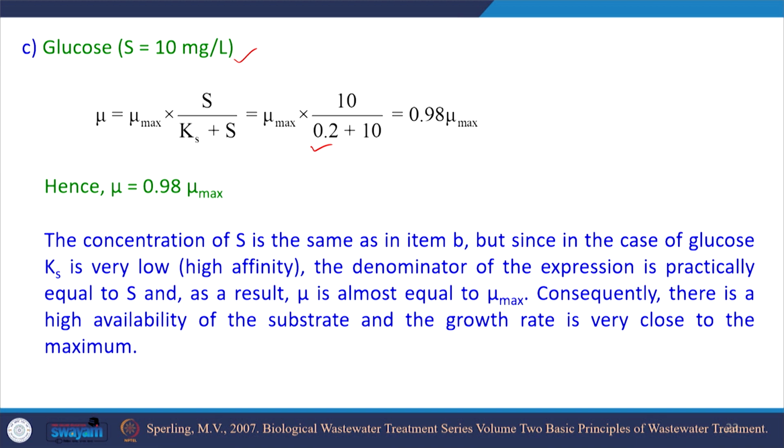Though the concentration of S is the same as in case B, in this case, for glucose, Ks is very low and the bacteria have very high affinity, so the denominator of the expression is practically equal to S itself, and nu is almost equal to nu max. Consequently, there is a high availability of substrate and the growth rate is very close to the maximum. So, today we have learned a little bit about growth kinetics and the Monod equation and how to use the Monod equation under different conditions of